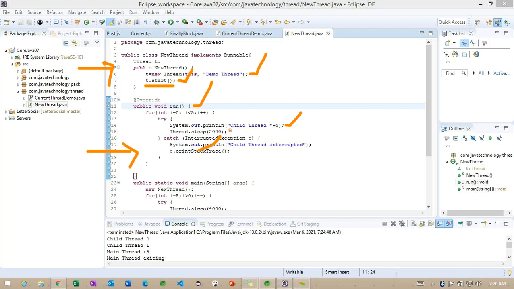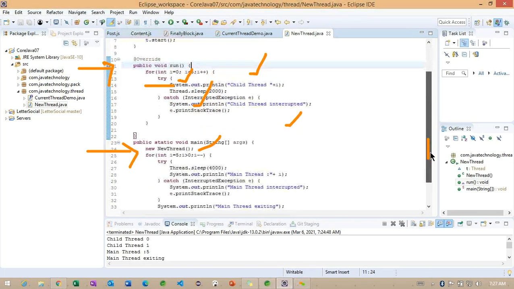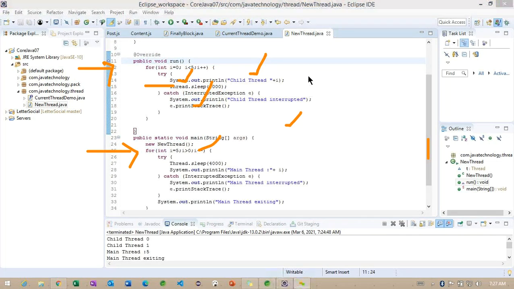How many seconds did it go for the sleep? 2 seconds. When this current thread went to sleep, what happened internally? It's trying to execute the main thread here. But if you observe, the main thread slept around 4 seconds. Compared to the child thread and main thread, which took less time to wake up?